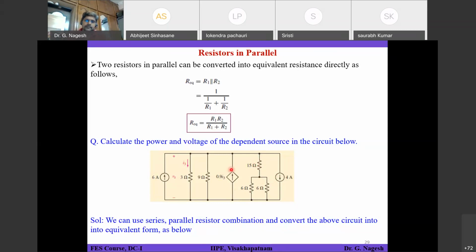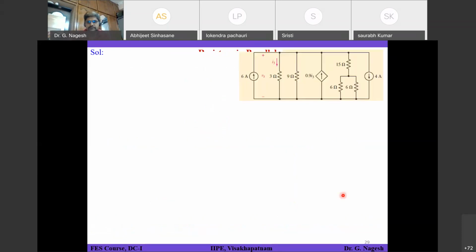That gives 18 ohms. But if you see here, you can also reduce by considering the parallel combination of 3 ohms and 9 ohms. But you should be very careful when you are finding I3, because I3 is the current flowing only through the 3 ohms. After combining, if you find the current, that will not be the same as I3. So you should be cautious about that. Okay, let's see how it goes.